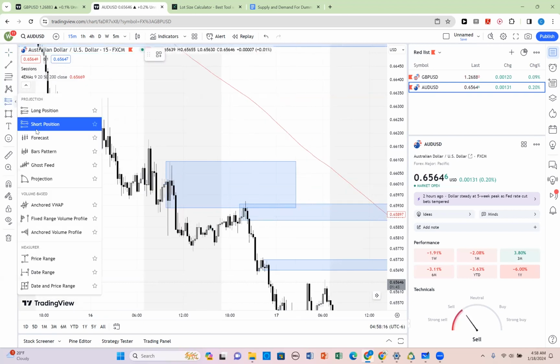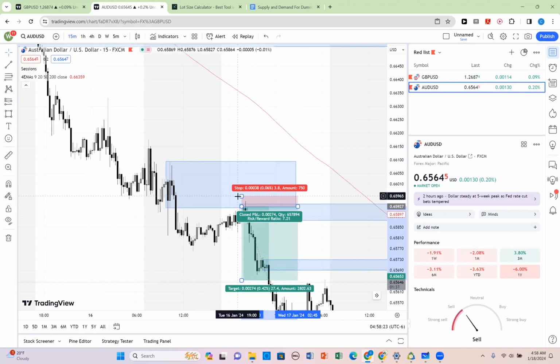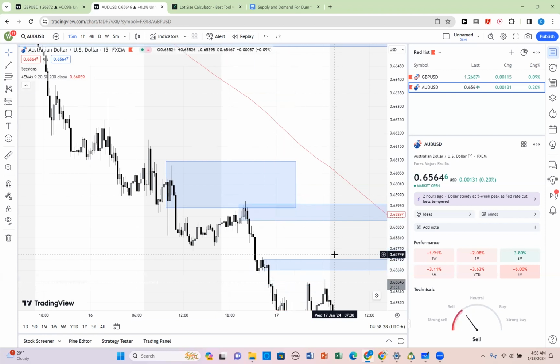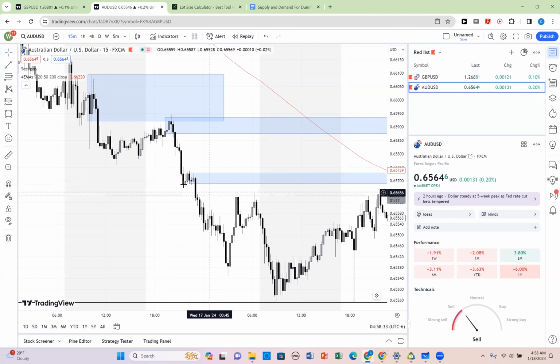Once price starts to wick a little, you get in right here and you aim down. Now you're probably thinking in your mind, dang, I could get a really nice risk to reward with that, or I could get lots of pips with that, or a big move with that. The only problem with getting aggressive is if you don't have experience, you're not going to get in properly because